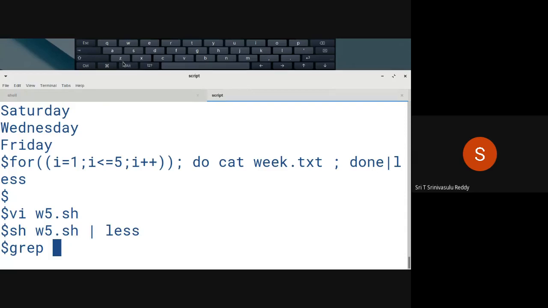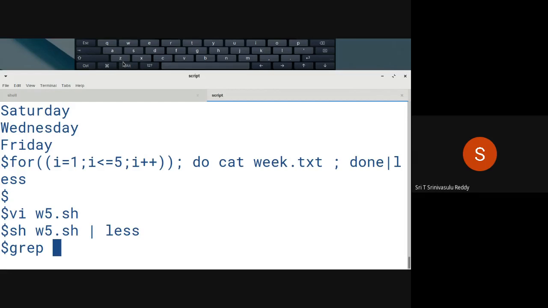So by giving a pattern, you can search in a file and display all the lines that contain that particular pattern. Pattern means something like a text. A similar pattern, all the lines you want to see.